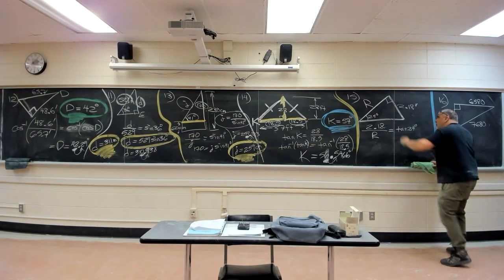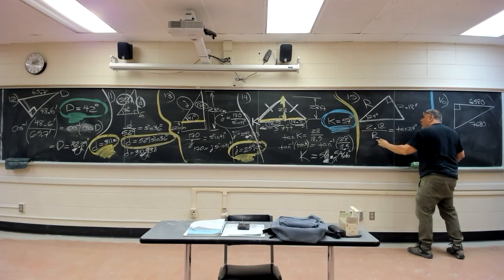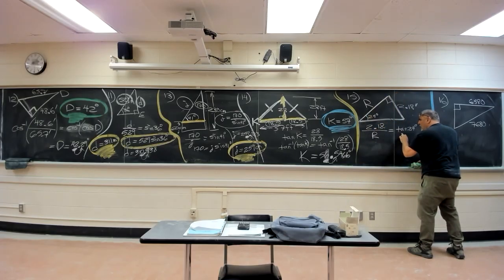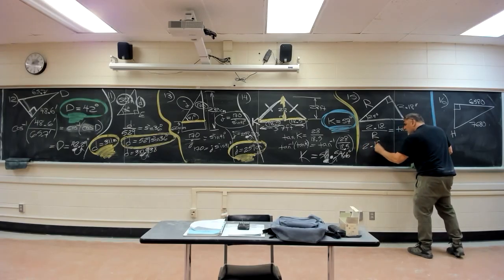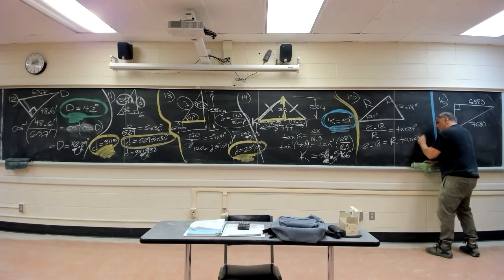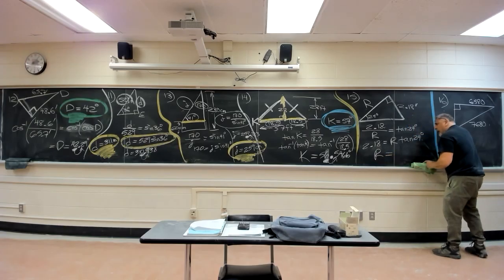I would say that opposite of, here's the angle, 24 degrees. We know what that is, we don't know what that is. We know that opposite over adjacent is tangent. So 2.18 over r, opposite over adjacent, is the tangent of this angle. This divided by this is the tangent of 24. Multiplied by r on each side. There's a lot of ways to go here, but let's go slow. Now divide by tangent 24 on each side. And r is going to be